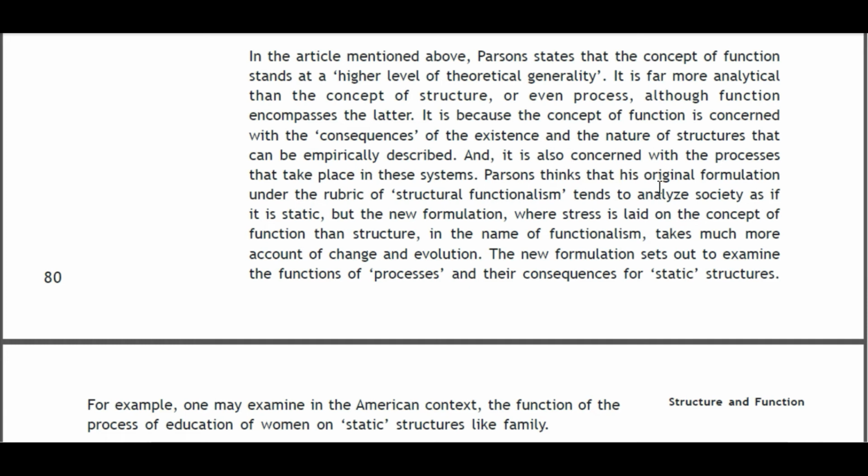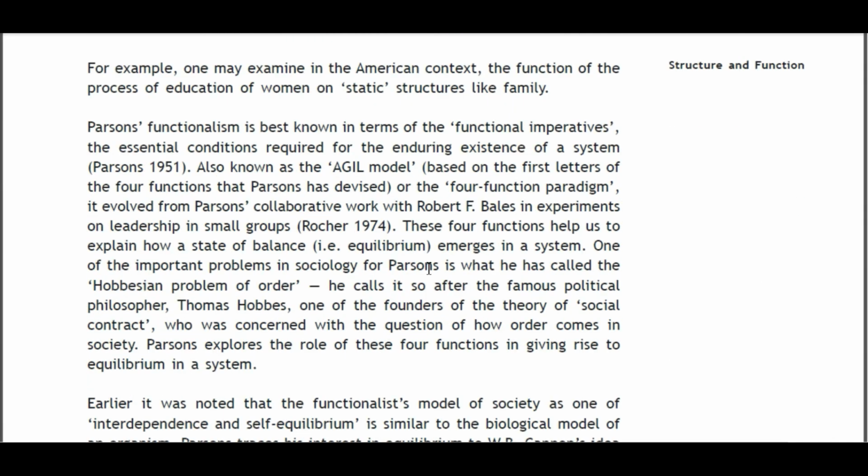Parsons thinks that his original formulations under the rubric of structural functionalism tend to analyze the society as static, but the new formulation, where stress is laid on the concept of function rather than structure in the name of functionalism, takes much more account of change and evolution. The new formulation turns out to be examining the functions of process and their consequences for static structures. For example, one may examine in the American context the function of process of education of women on static structure